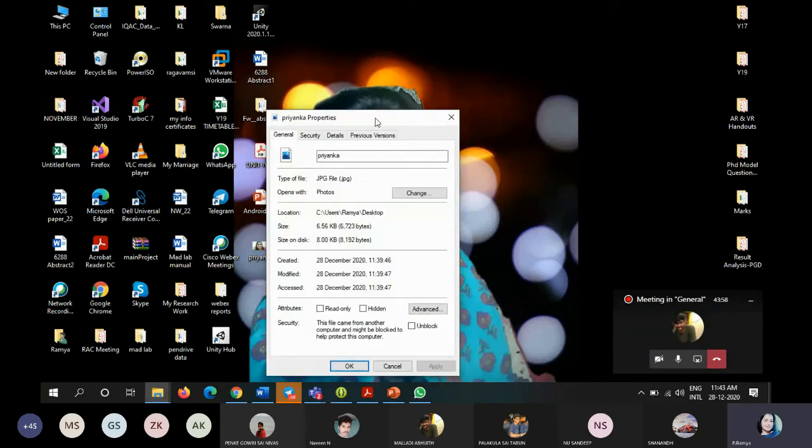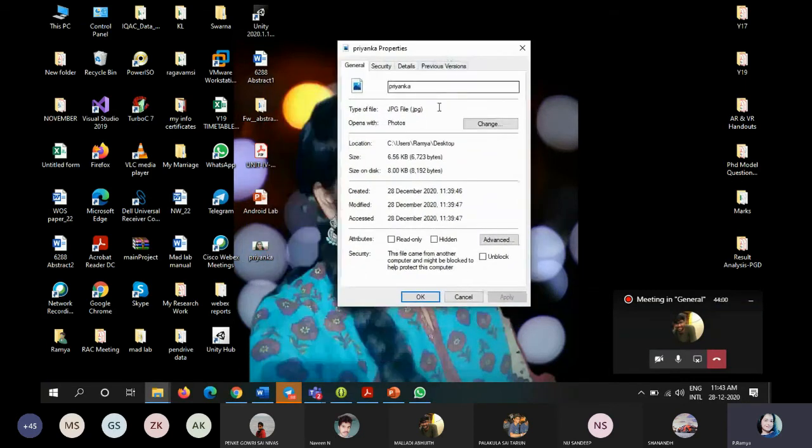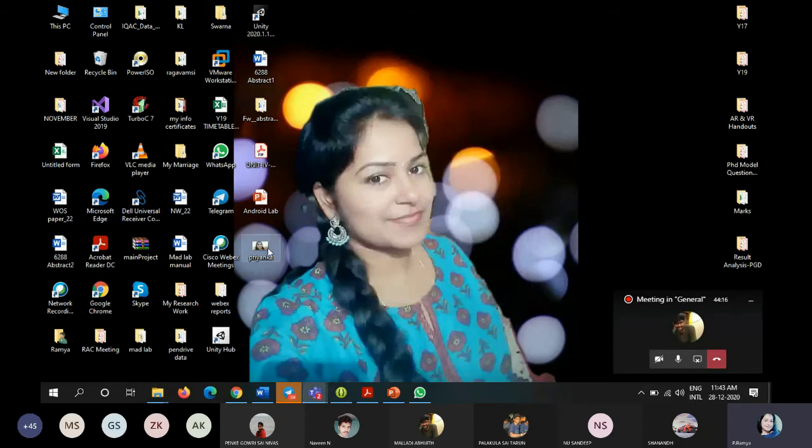Everything about that image is displayed. See, here the type of file is a JPG file. Actually, I downloaded this image from the net itself. But instead of a JPG file, I need a PNG file, so you need to simply convert JPG to PNG. So you just right click on